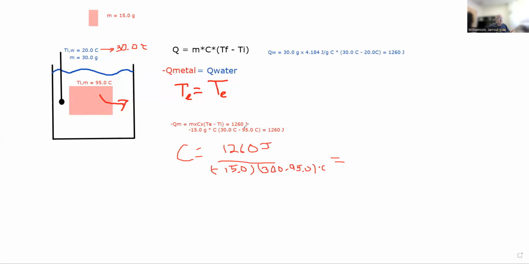So this 30 minus 95 is a negative value. Then I got another negative sign. So when I do 1260 divided by 15 divided by 30 minus 95, I get, in my pretend example,